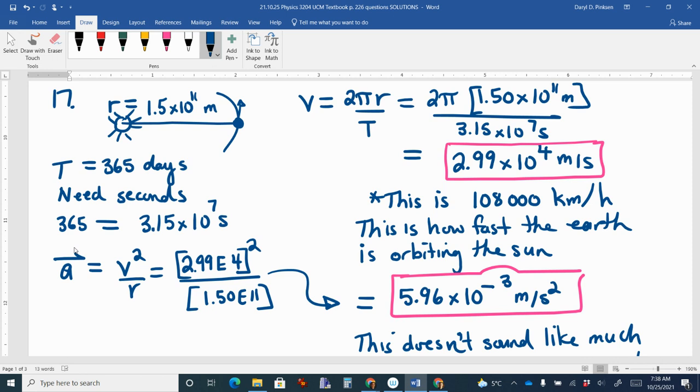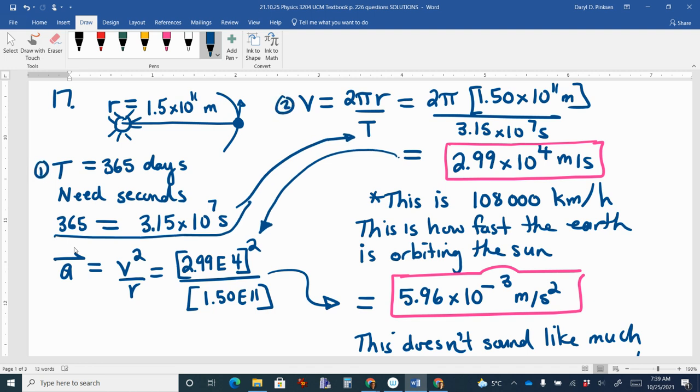Oh yeah, I found the v up here. So there we go. I found the v first, and then I came down that way. So the v is 2 pi r over t, right? And we had the period here in seconds. Kind of did this out of order. First I went here, and then I came back this way. So this is kind of like step 1. There's step 2. There's step 3. And then we eventually end up with the